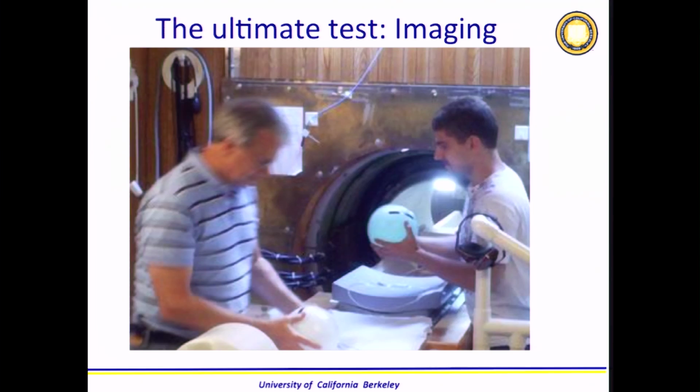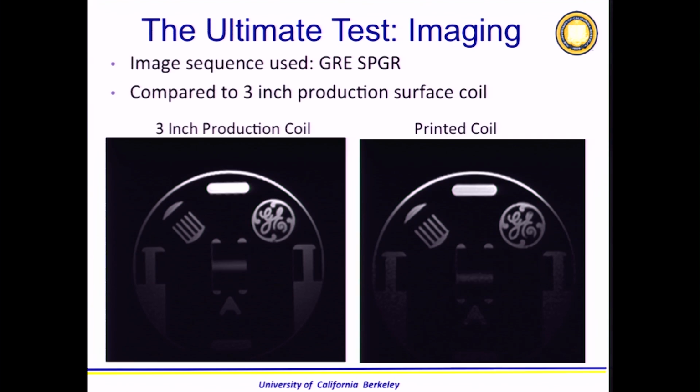And we do that either at Stanford or at UCSF with our collaborators. This is done at Stanford. It is our collaborator, and this is my student. Here's the phantom, which basically mimics the chemistry of our body. And you see that we place it round because we want to make sure that the coil is conformable. And we just place it there, and then we compare these coils to traditional coils.